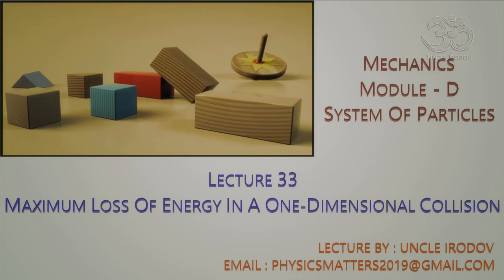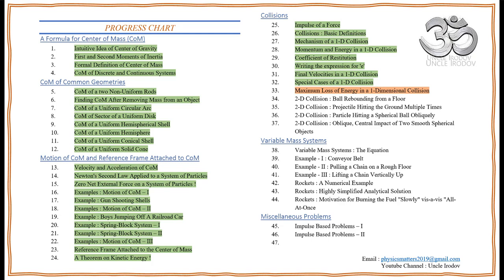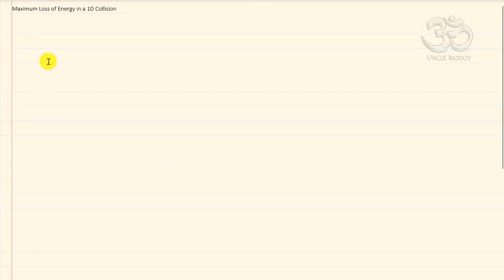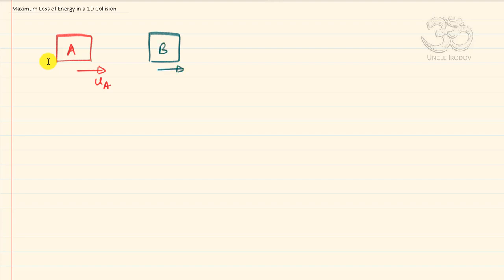We know that there will be some loss of energy in case two objects are hitting each other and it's not a perfectly elastic collision. And the loss of energy can be actually calculated pretty easily. You have two objects. Let's say you have object A, which is traveling initially with a velocity UA, and then there is object B that is ahead of it traveling with some velocity UB. You can find out the initial velocities,